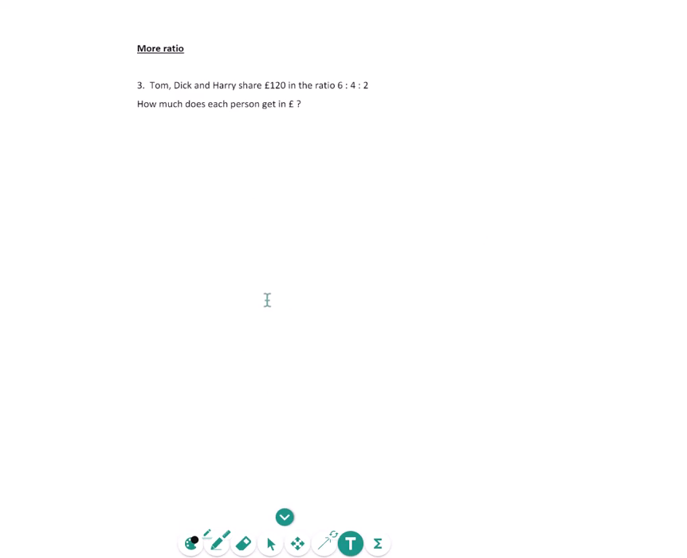And a slightly harder question. Tom, Dick and Harry share £120 in the ratio 6:4:2. Now we could simplify this to 3:2:1, but we could keep it as 6:4:2 because I can see that there are how many parts? Well, 6 plus 4 plus 2 equals 12 parts or 12 shares. And we're sharing £120. So each part